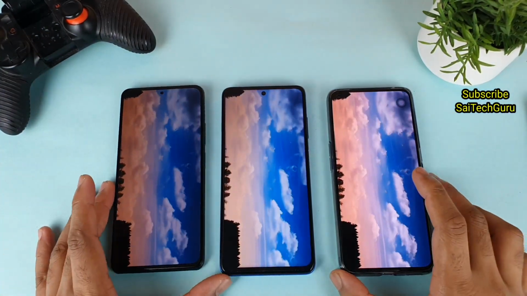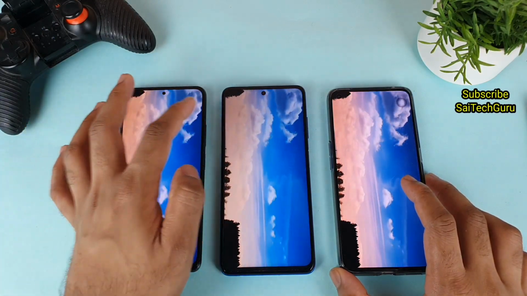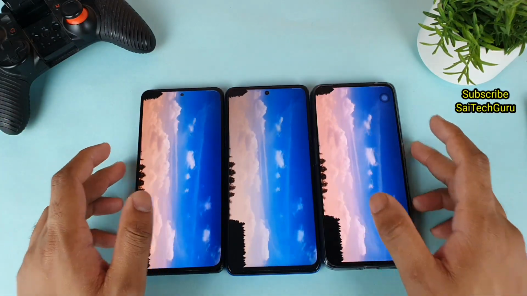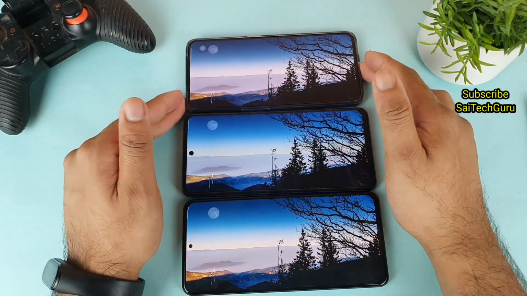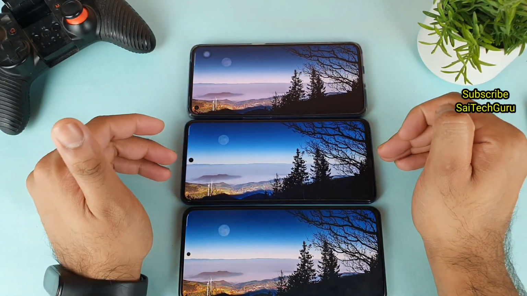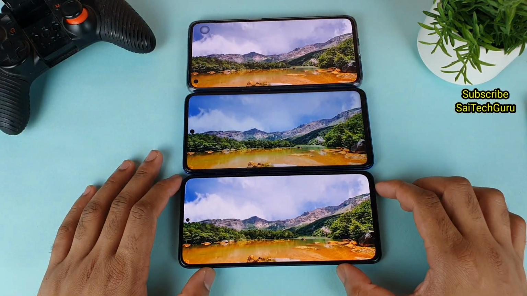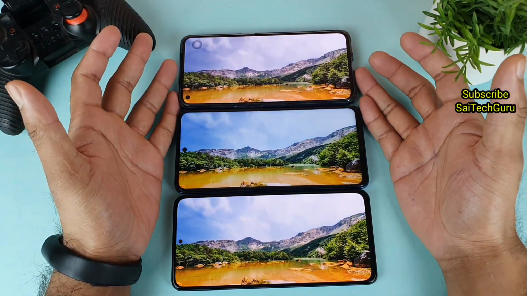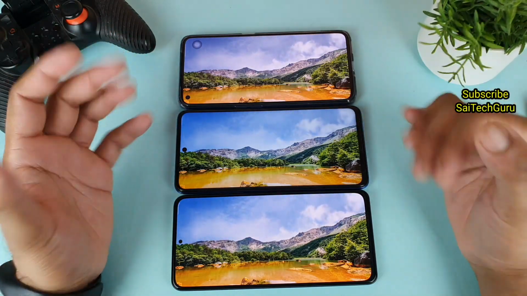As you can see, friends, right now all the three smartphones are playing at full brightness mode at the moment. I'm trying to play the same video in all the three smartphones, as a quick review on all the phones. So Realme X7 Pro on the top and Poco X3 in the middle, and here is the Mi 11X device at the bottom, as you can see here, friends. All the three smartphones are ready here. So do let me know in the comments below which display you felt the best and why as well.